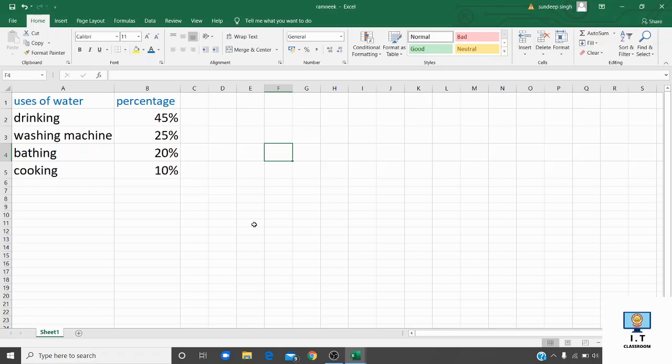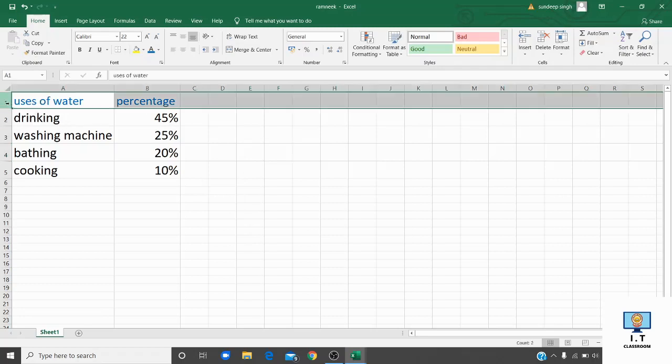So let's learn now how to set specific height and width for the selected rows and columns. First of all, I am telling you how you can set the height of any row. First select the row like this.